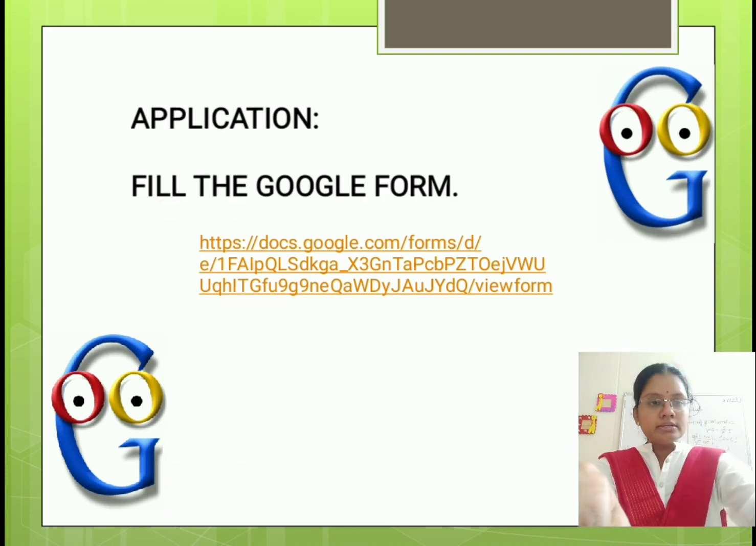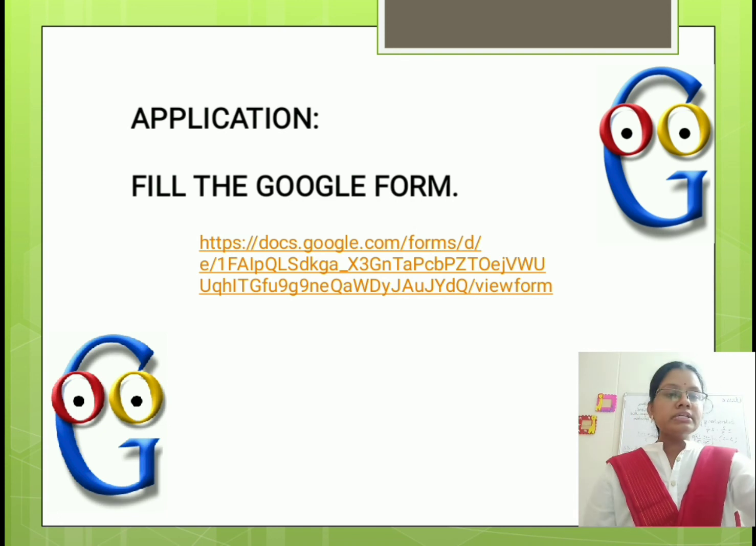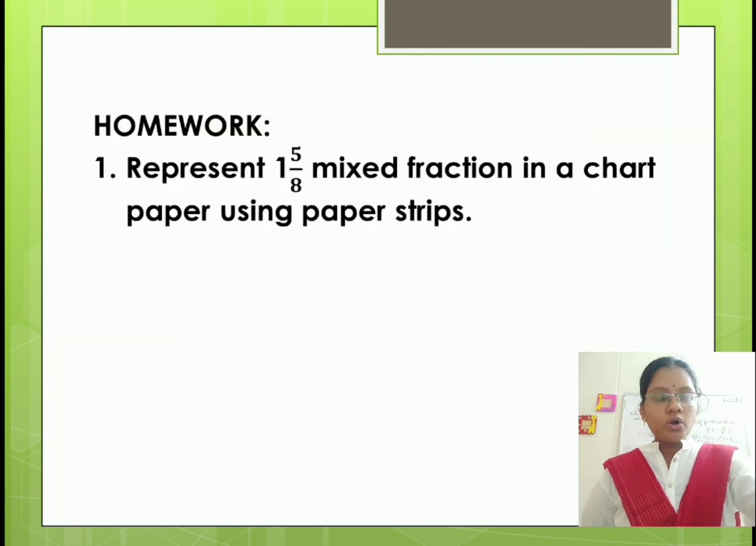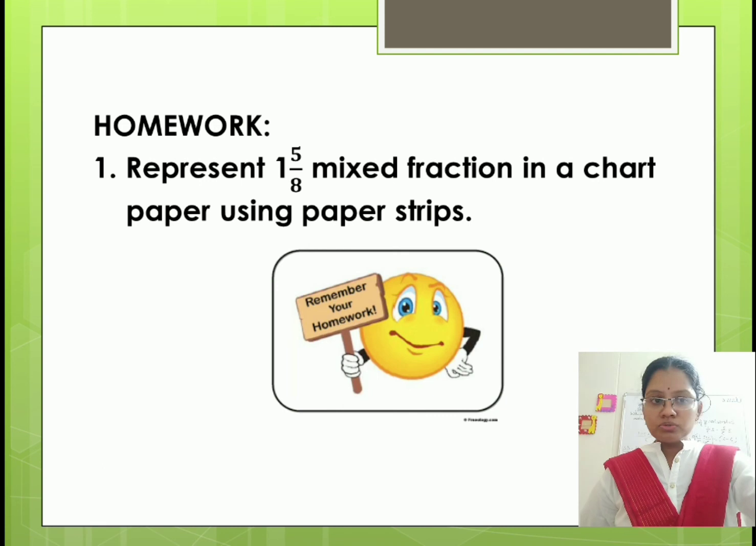Next, the most awaited part is your homework. Represent 1 5 by 8 mixed fraction in a chart paper using paper strips. Okay. Don't forget to do your homework. And this is the worksheet I have made for you. This is very easy how to convert it. I have given one example on the top. 2 whole unit plus